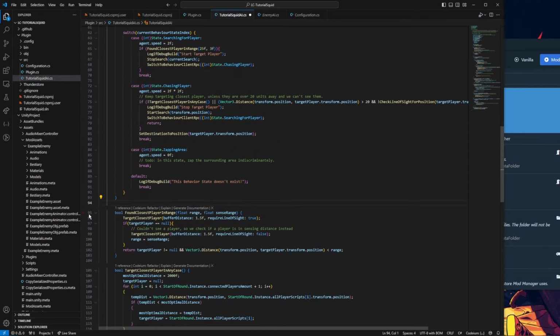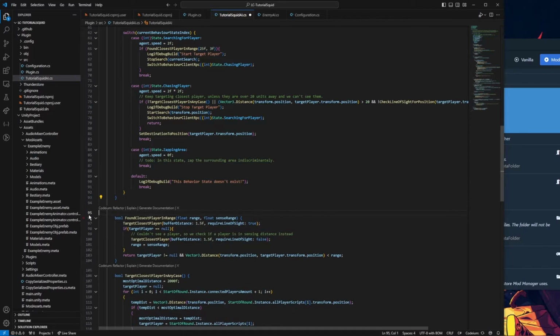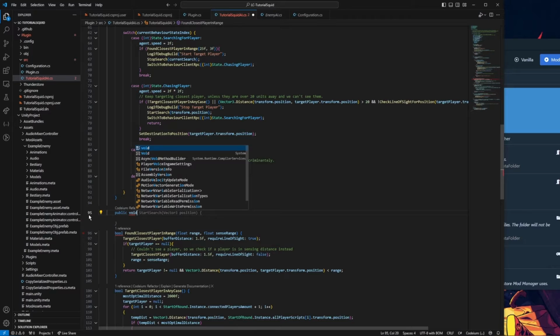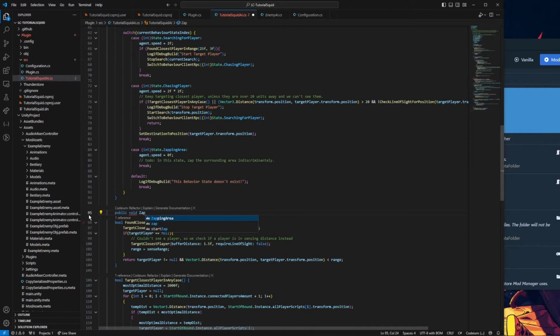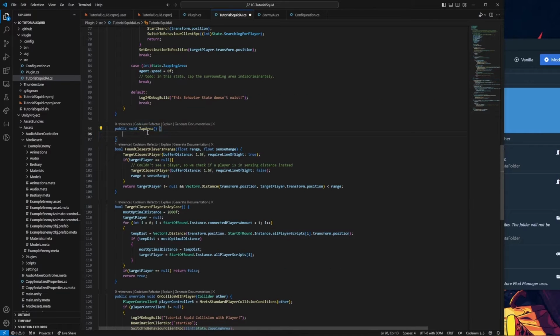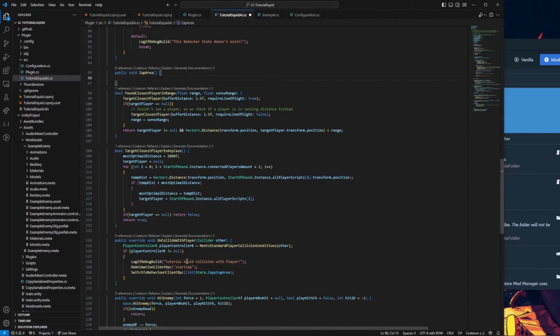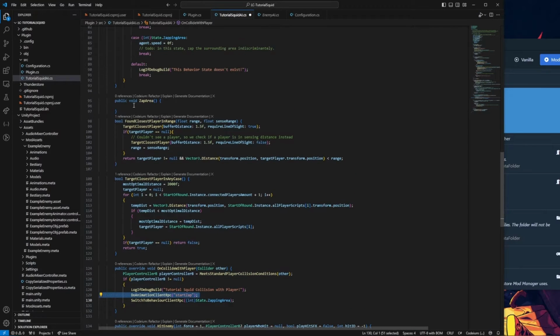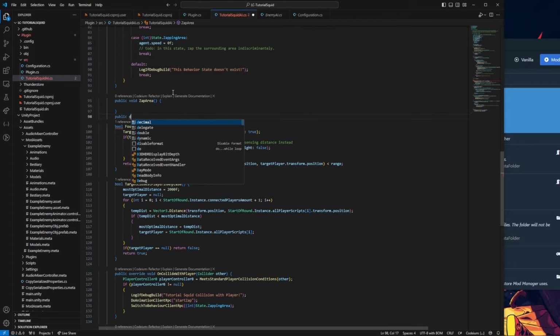I'm just going to write another function. I'm going to write a public void and just do zap area. So for now I create this function. I'm not going to do anything with it. It's going to be called when this animation starts using animation events. But this is going to be the function that creates a sphere around the enemy, which deals damage to anything inside that sphere periodically. After that, let's do one more function with damage